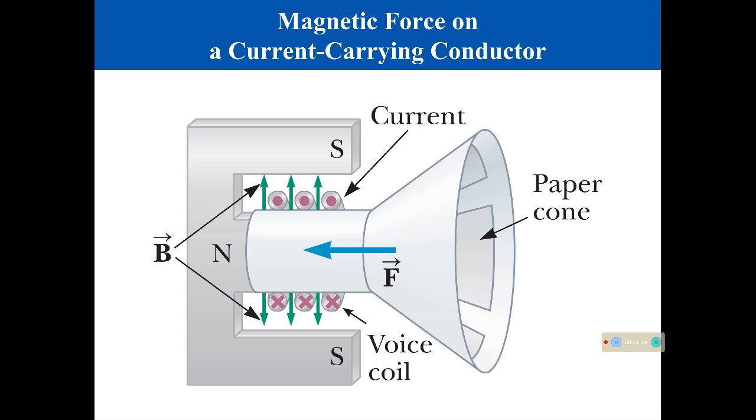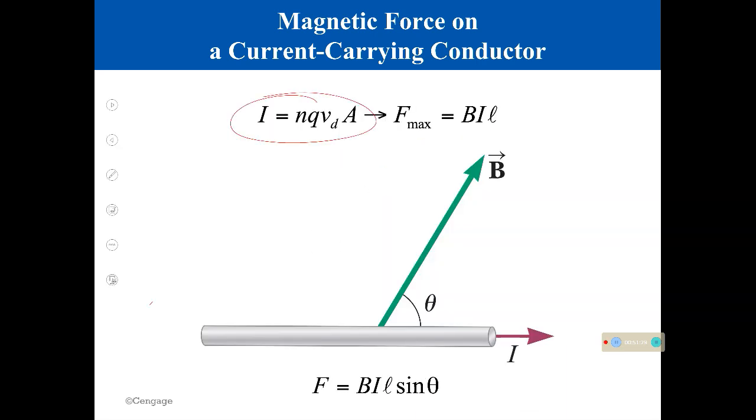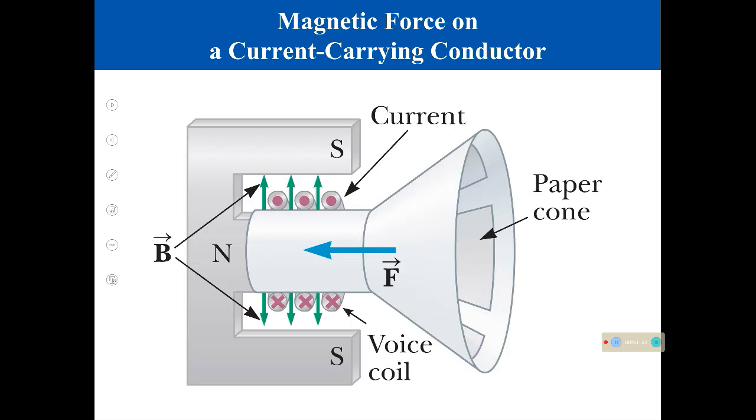So if I run current into the page on the bottom and out of the page on the top, and I've got north in the middle and south on the outsides, what's going to happen when I put current this way? When I put current out, current goes out, magnetic field goes up, so the force goes in. And the opposite is true right down here. Sorry, the velocity is into the page. The magnetic field is down, so that also creates a force this way,